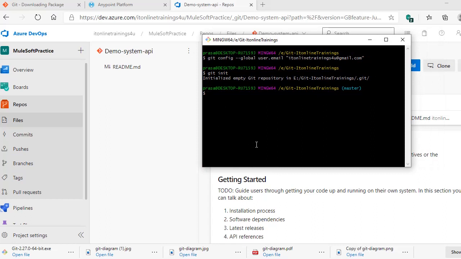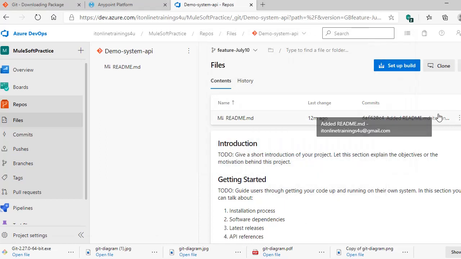For that we have another command, which is git clone, and the URL you need to select from here.